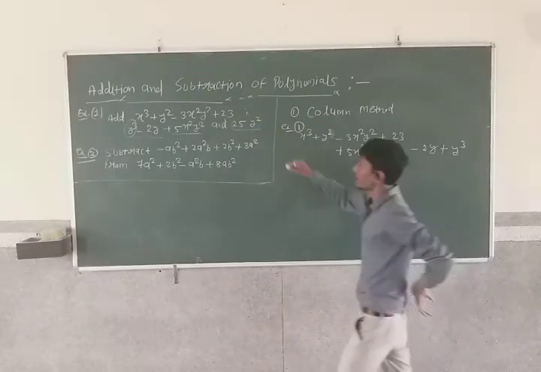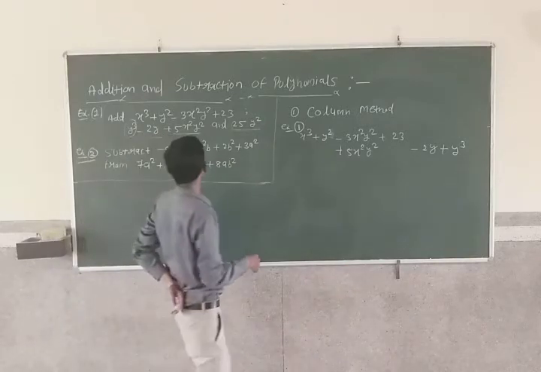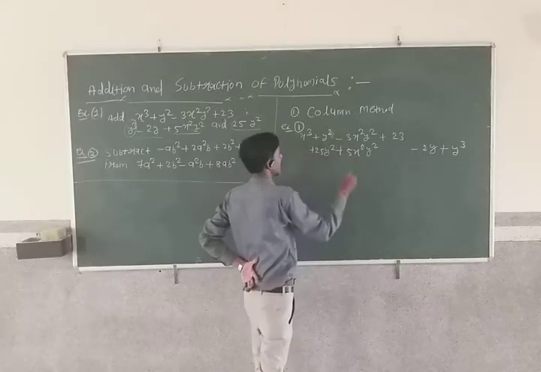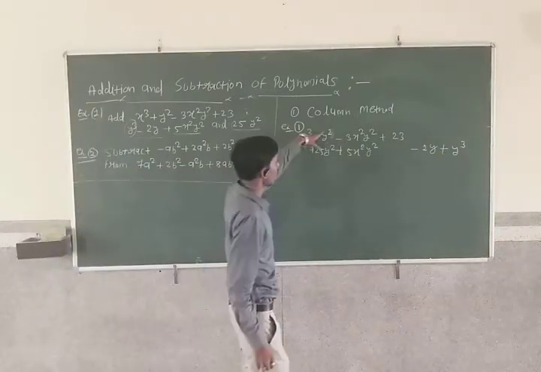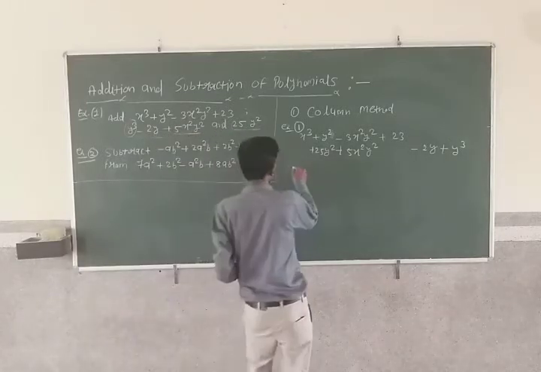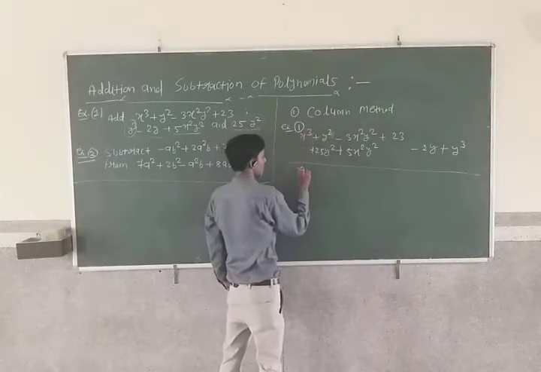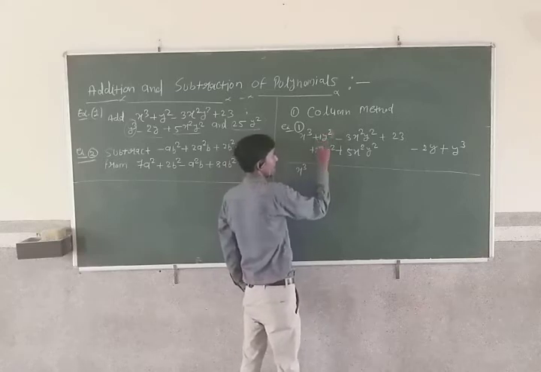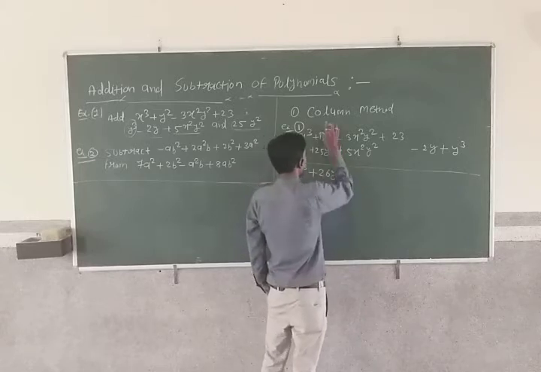So this is the term of y square, and this y square can be written downside of the y square. Then it will be plus 25y square here. Okay, so now I need to add. If I need to add, x cube will remain as it is. This is 1 y square. This is 1 y square. 1 plus 25, it will be 26 y square.